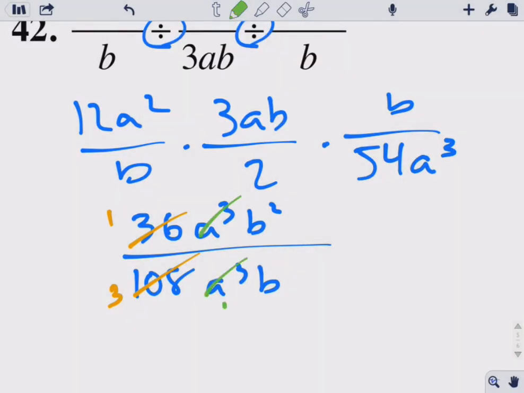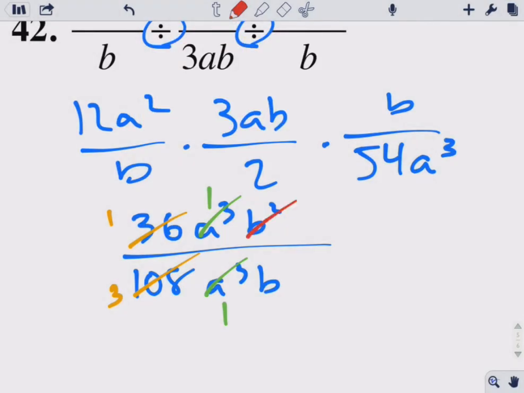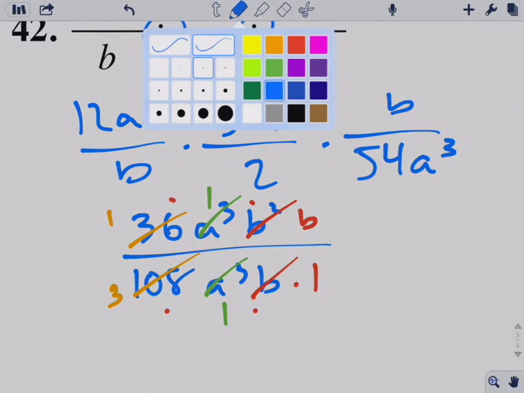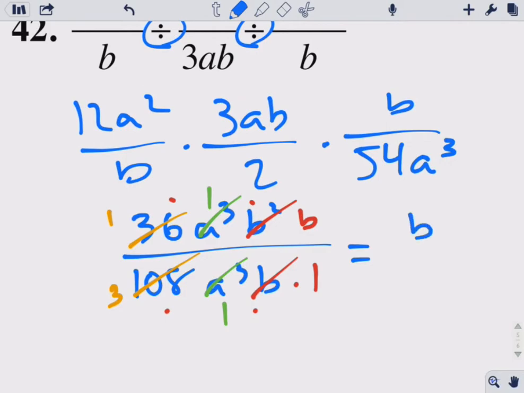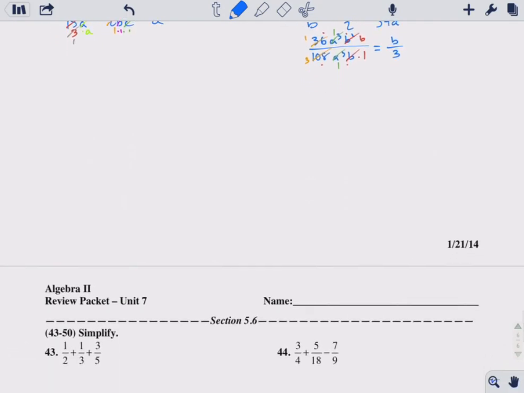A cubed and a cubed both go away. And b squared and b, that leaves me with a b on top and 1 on bottom. So you're left with 1 times 1 times b on top, 3 times 1 times 1 on bottom, so b over 3. That's the end of